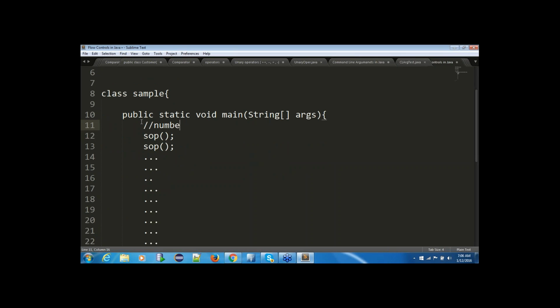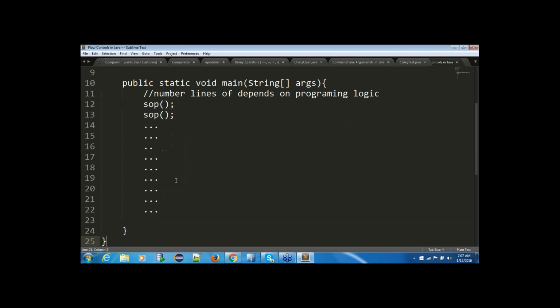The number of lines depends on programming logic. I'll say business logic, it depends on the business requirements. Fine. So as I have these many statements in my main method,